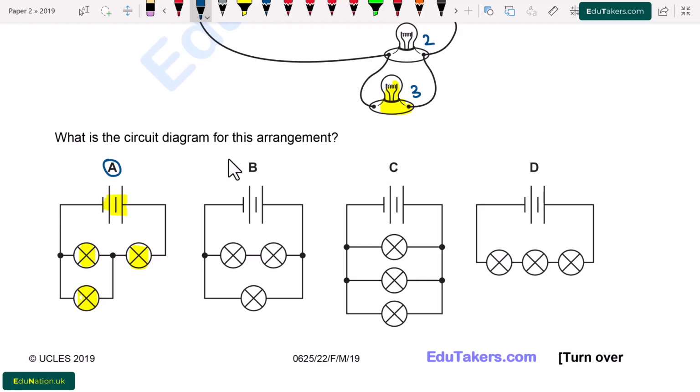We see B. The 2 lamps are shown that are in series and the third is connected in parallel with the series combination. So this is incorrect. In C, all of these 3 lamps are connected in parallel, which is also incorrect. In D, all of these lamps are connected in series. So option D is also incorrect. Only option A is correct.